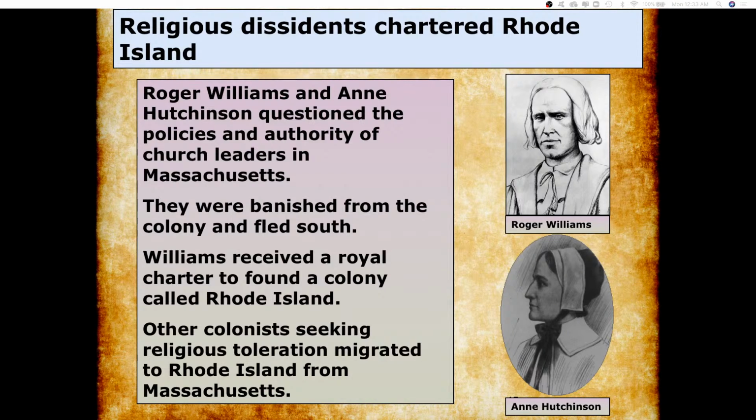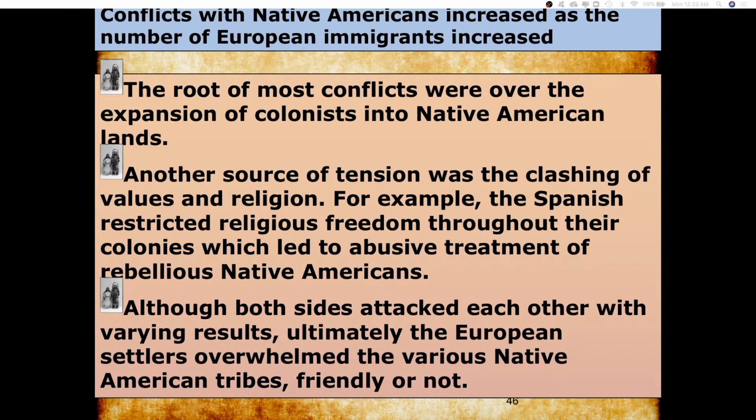Now, because these people are super into church, like we said, they're going to reflect more of what the Spanish did when it comes to treatment of Native Americans than what the French did. So, a lot of the conflicts in general with Native Americans are going to be over land, okay? The colonists are expanding into their area. I mean, it makes sense. They're going to fight over land holdings.